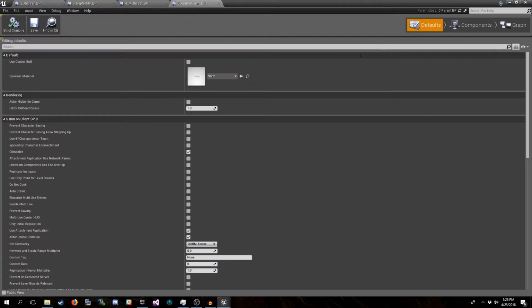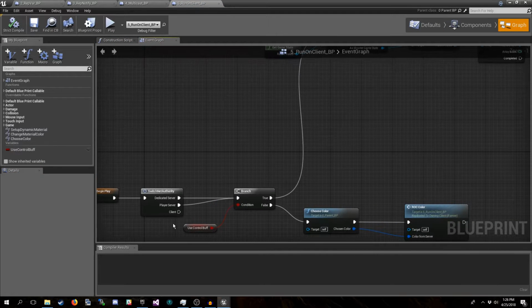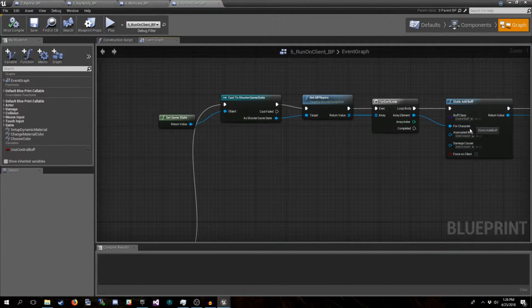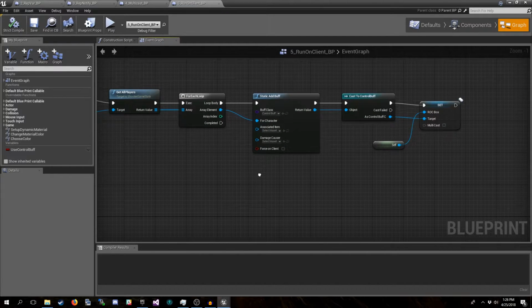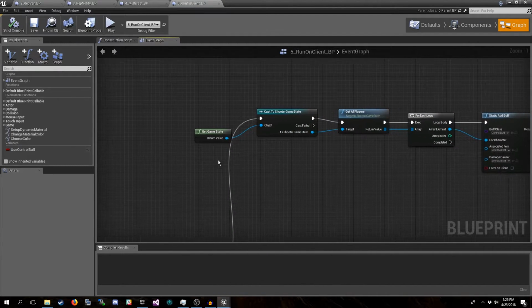So if I come back here to the default and I set this to true, we save, now this section of code is what is going to run. And what happens here is first it gets the game state. This pure function right here is a base function to the editor.